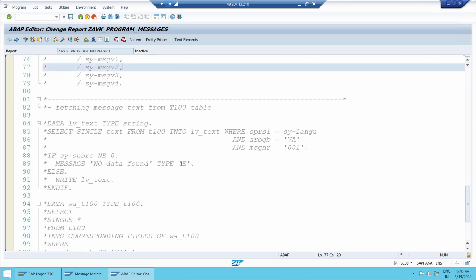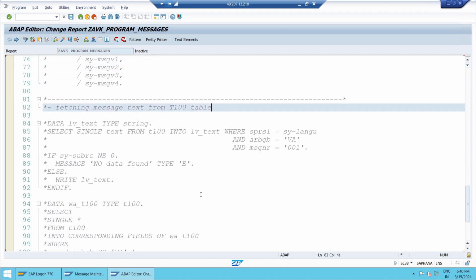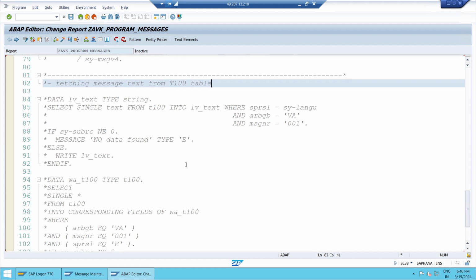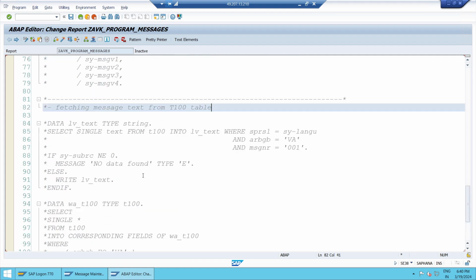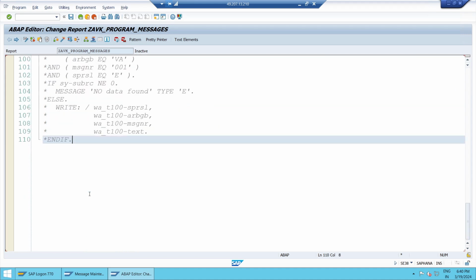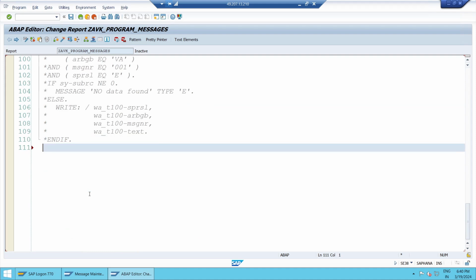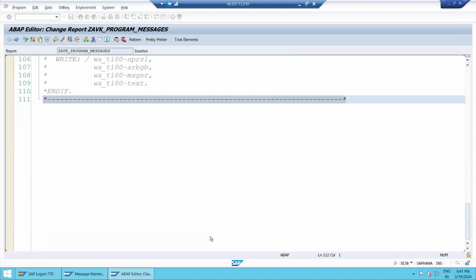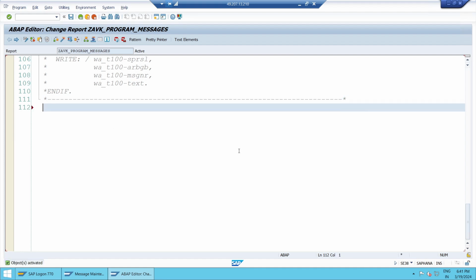Then after that, how do you fetch the text from T100? Different ways we have to discuss. System generated select. This is another type. Next, we have a few small miscellaneous things we introduce, which are important for interview as well as project point of view. Like what exactly is that? Yes, this is the type of